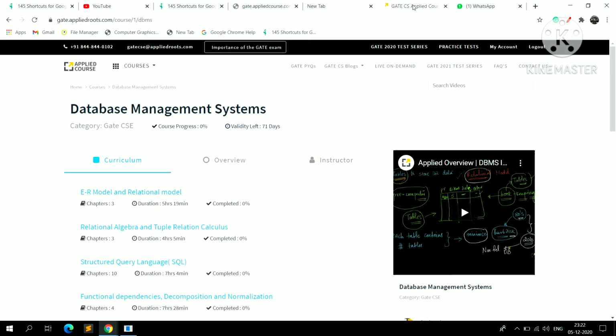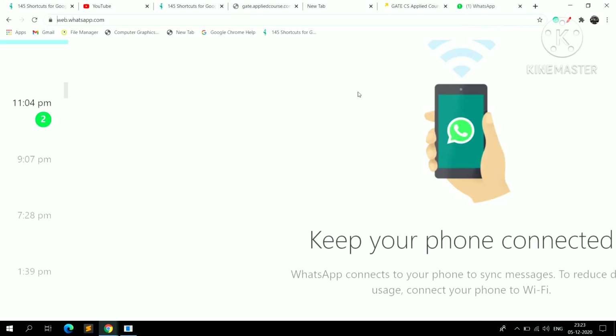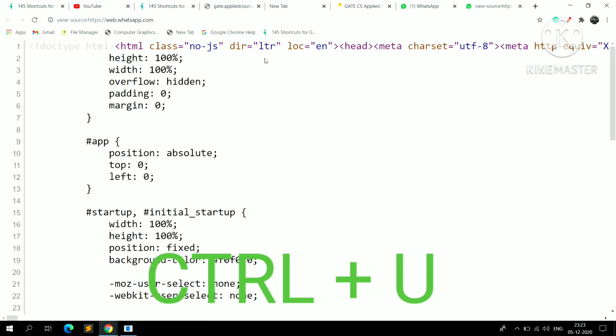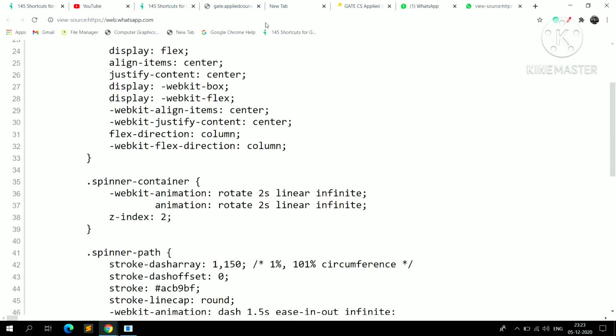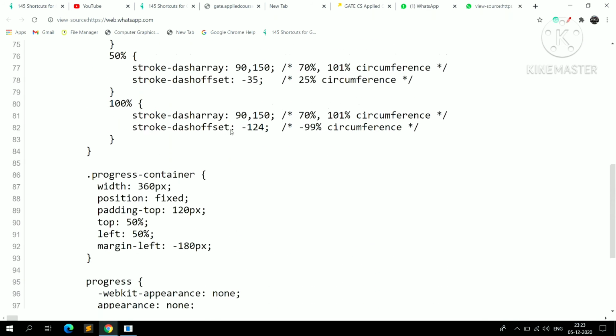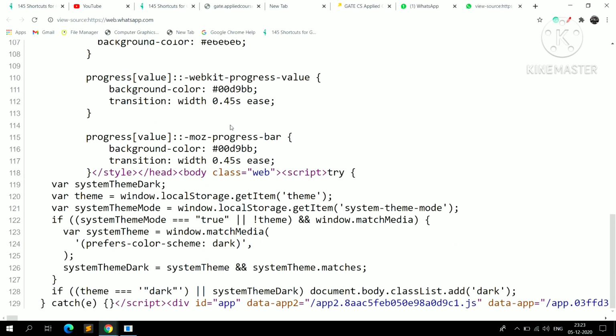and Google Chrome. If you want to see the source code of any website, just press Control plus U. You can see here this is the source file, which is written in HTML, CSS and JavaScript.